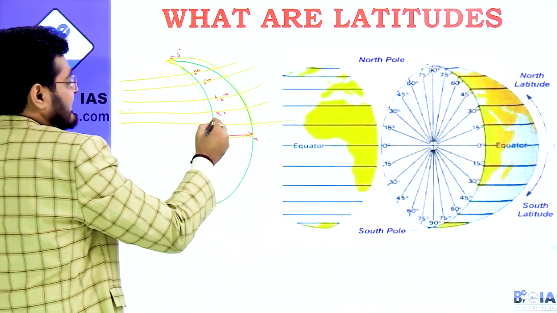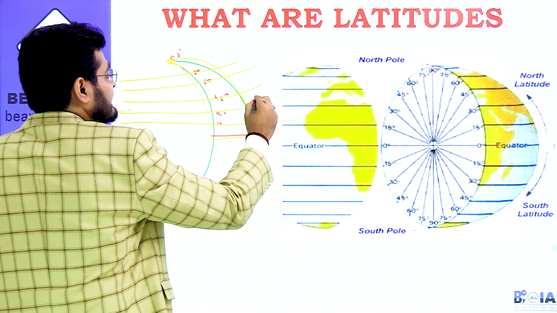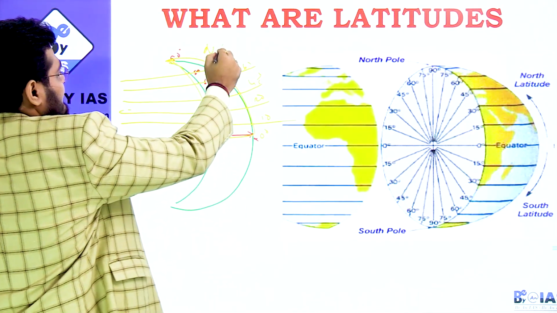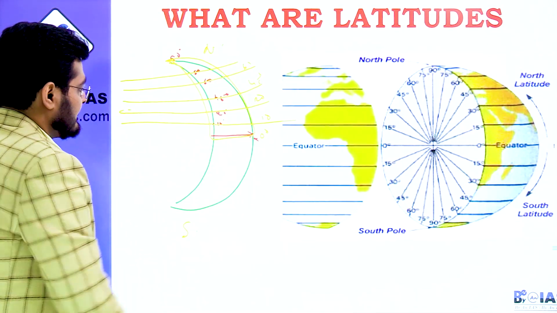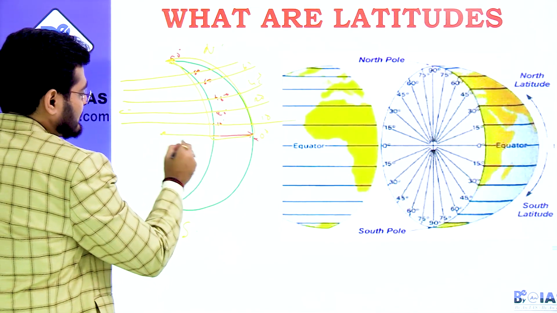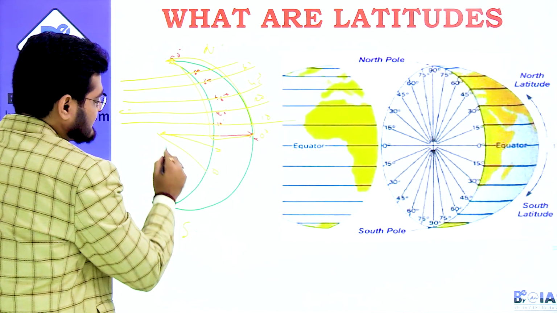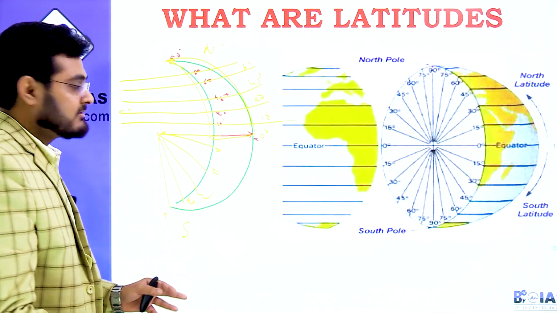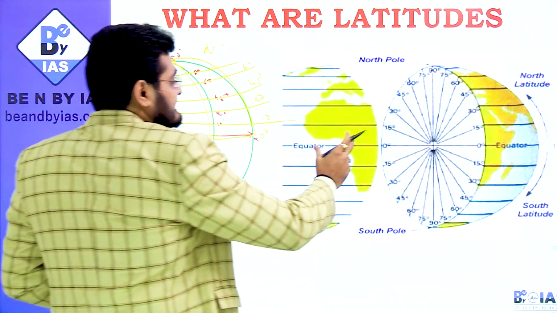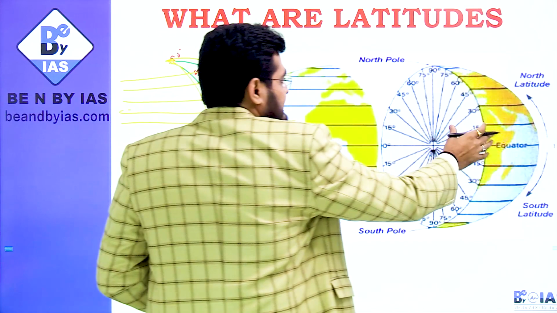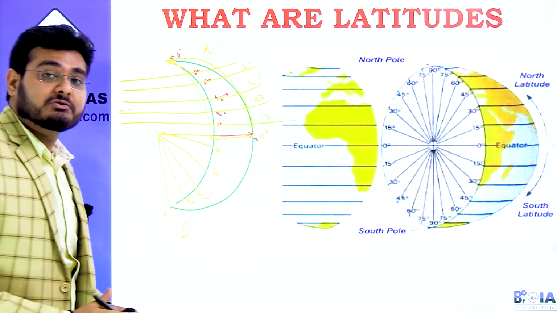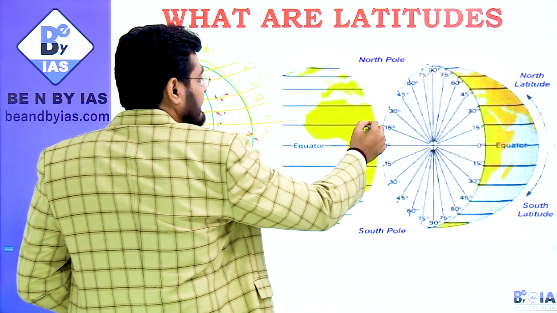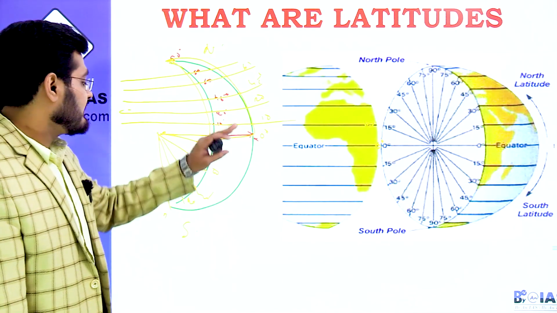And this is how we decide this is 0 degree, this is 10 degree, 20 degree, 45 degree, 60 degree, and so on. This is your northern hemisphere. And the same goes for the southern hemisphere as well. Same way, you keep a protractor over here, you draw 10 degrees, you draw 20 degrees, 45 degrees, 80 degrees, and your 90 degrees. There is no difference. So this is how we decide which latitudes we are talking about, and how it comes to degrees. Because when you see the sphere, you must find it difficult to understand how, if this is 0 degree, we decided this as 20 or 25 or something like that. So this is how it is decided.